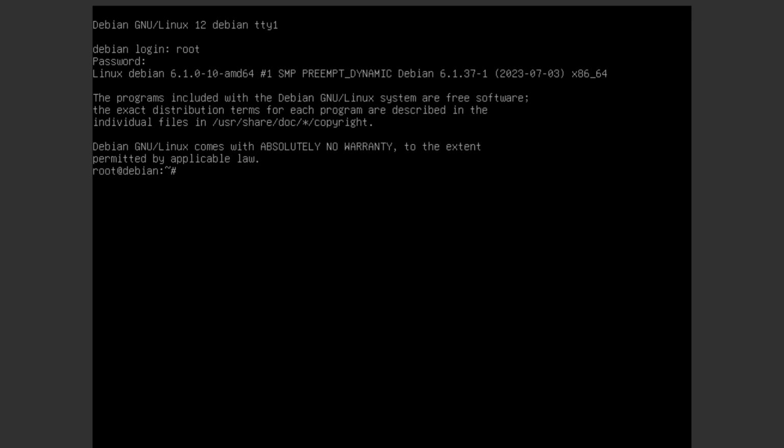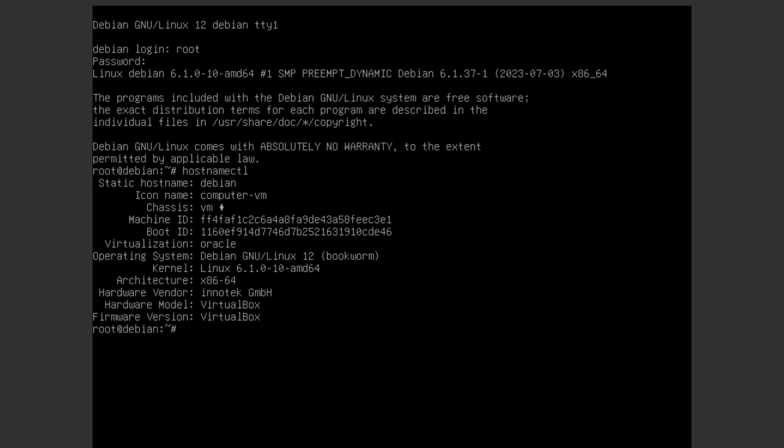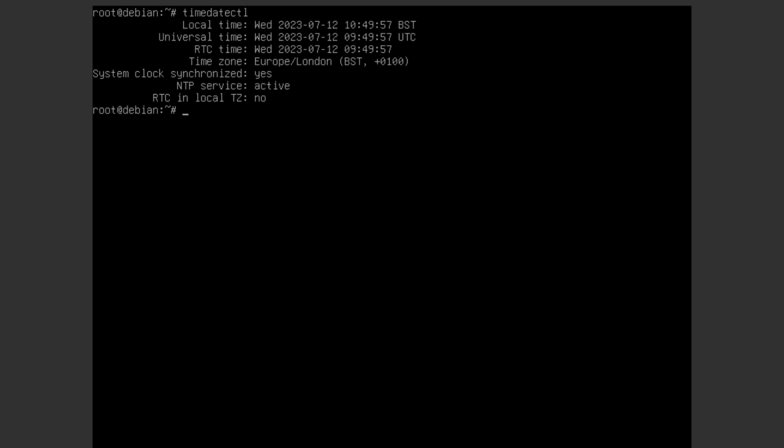But this is where we can start configuring it a little bit more and customizing it with what we need. During the installation, we could choose a lot of our settings. So if I look at hostnamectl, we can see that it is Debian 12 that we are up and running with. If I look at my timedatectl, we can see that we are set for the correct time zone. And if I use localectl, we're going to be able to see that we've got the correct locale settings that we configured during the installation. But again, if these aren't correct, we could change them now.